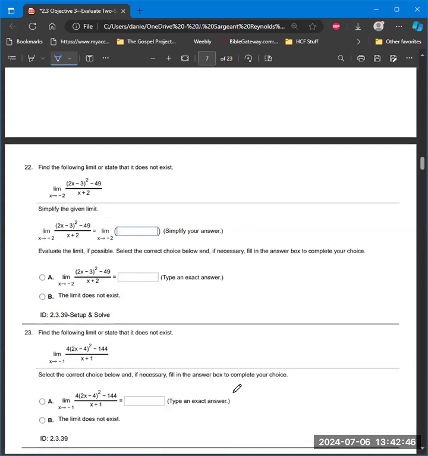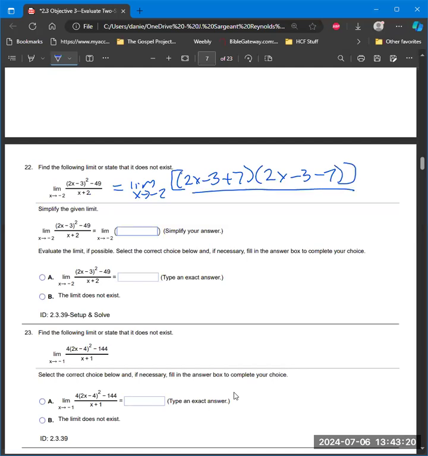Right, if we stick negative 2 in here, negative 4 minus 3 is negative 7. Negative 7 squared is 49. 49 minus 49 is 0. Negative 2 plus 2 is 0, so 0 over 0 means we need to factor. This is limit x approaches negative 2 of 2x minus 3 plus 7 times 2x minus 3 minus 7